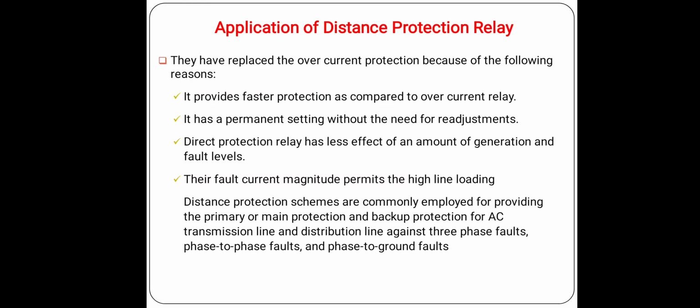Their fault current magnitude permits high line loading, and these protection schemes are used as primary or backup protection for AC transmission lines against phase to phase faults, three phase faults, and phase to